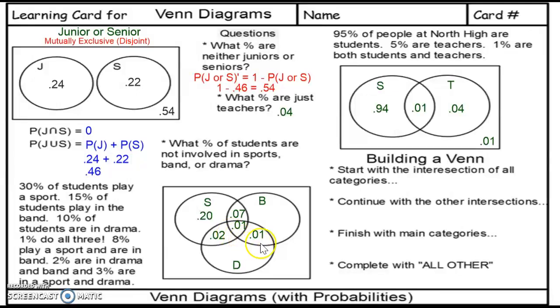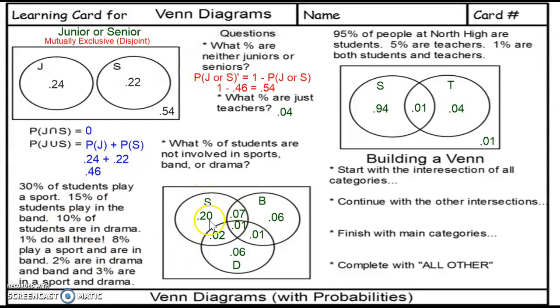If I continue to work and fill in these circles, B, which is band, says 15% of the students are in band. Well, I already have 7 plus 1 plus 1, which is 9%, which means this has to be 6%. So everything inside the band circle is now 15%. And finally, the last circle, drama. 10% of the students are in drama. So 2 plus 1 plus 1 is 4%. That means this has to be 6%. And once again, everything inside of the drama circle adds up to